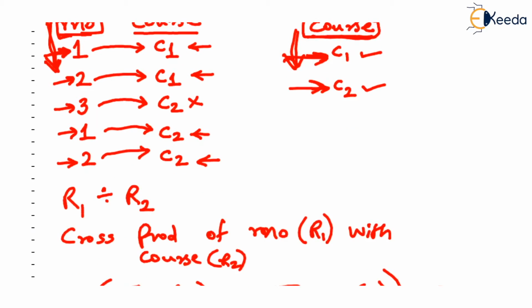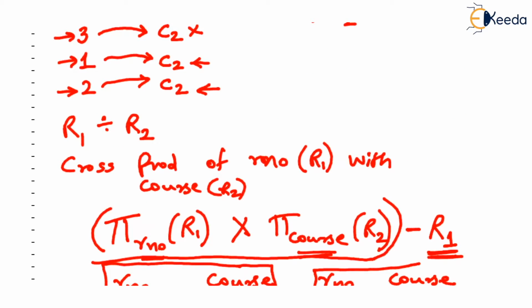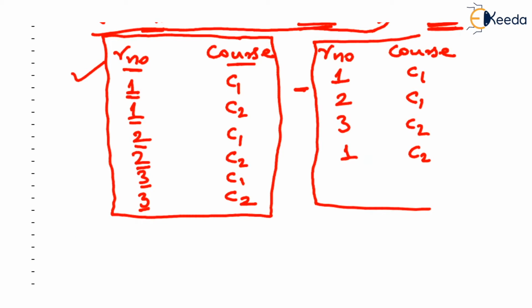C1, 3 has taken C2, 1 has taken C2, and 2 has taken C2. Okay, 2 has taken C2. So these two tables, this is the temporary table of cross product and this is R1 table, are getting subtracted. Now subtraction operation means those tuples which are there in the left hand side but not there in the right hand side. So you can see that 1C1 won't be selected in our result because 1C1 is present in the